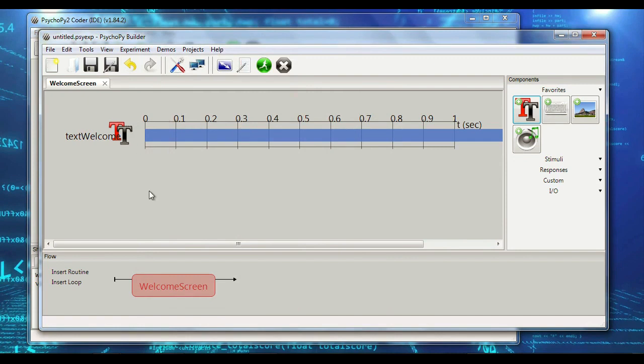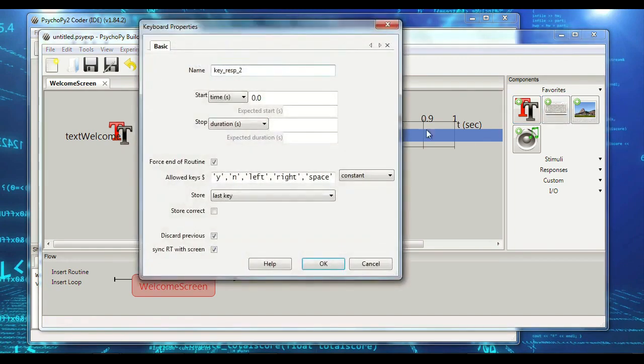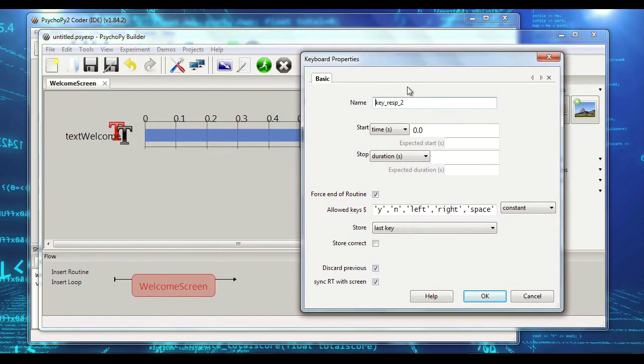Okay, but if this welcome screen is going on infinitely, how do we actually end it? Well, the way we do that is by adding a keyboard control. So let's just click here. And now we have a keyboard response. Again, name your things so that later on when you're looking at your data file, you're not scratching your head trying to figure out what was key resp_2 representing again. So we can just call this key welcome,